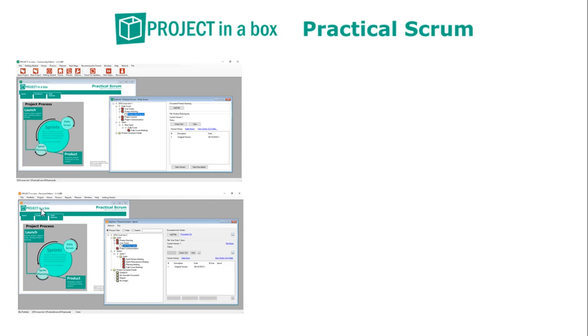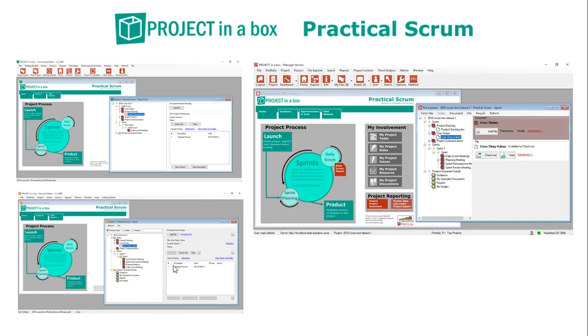Same thing will apply to customers of our Personal Edition. They will also be able to download and apply the Practical Scrum method there. They will also have the advantage of being able to do some standardized reporting against it, but it's not Scrum specific reporting. If you use it in our main multi-user platform, that's Small Team Edition, Enterprise Edition, Live Edition, you'll get a more sophisticated version of the model,